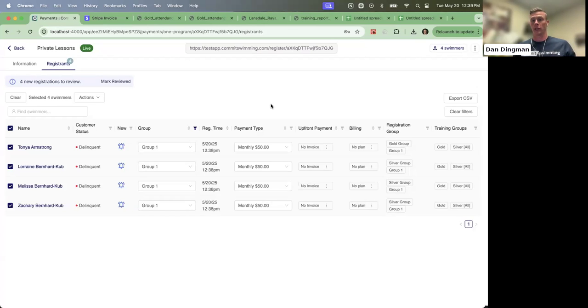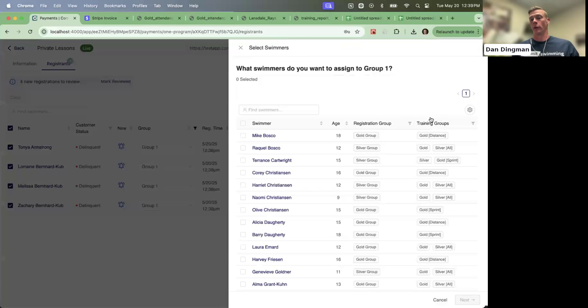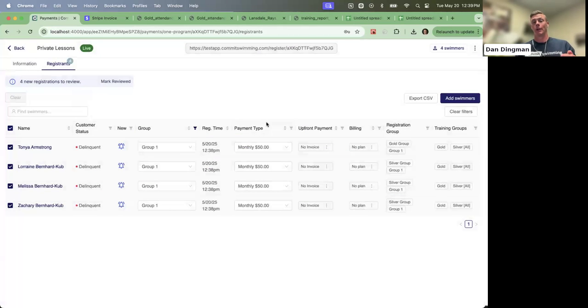If they're already registered for the team and you just want to enroll them in weekly private lessons at $200 a month, you click the add swimmers button, like I just clicked there, and then you can filter by whatever you want. You can search for swimmers, add them to this list, and then start their billing. It doesn't require the parent to go in and click a button. You just have full control on the back end. They can be in as many groups and programs as you want. You can add them, stop them, or pause them, all directly from this registrants screen within the program.